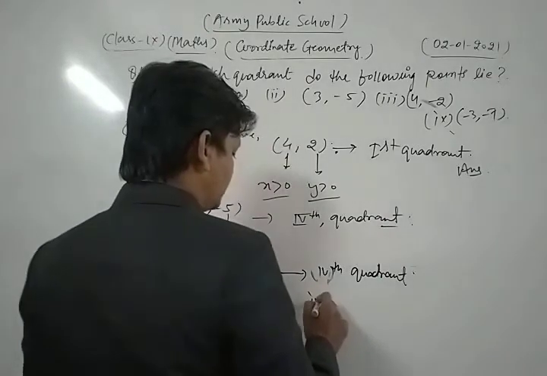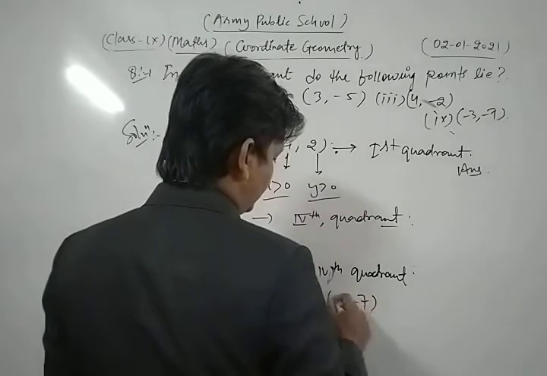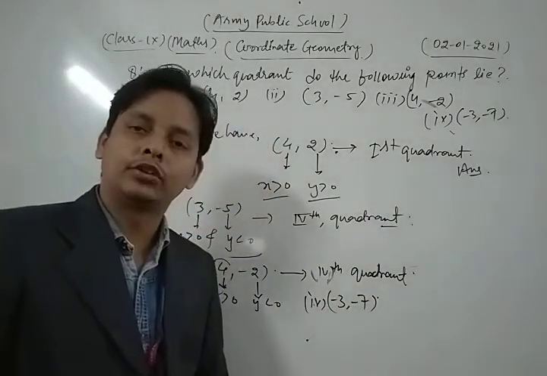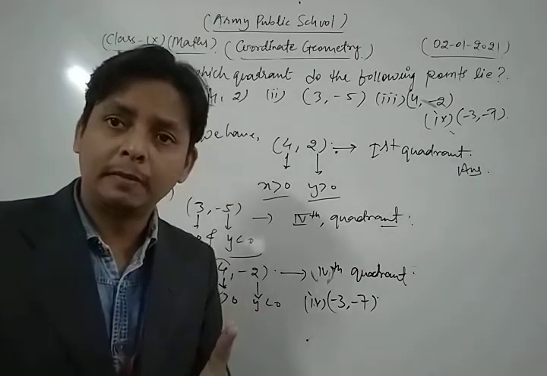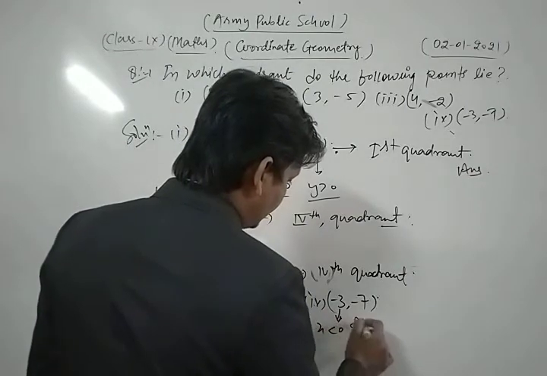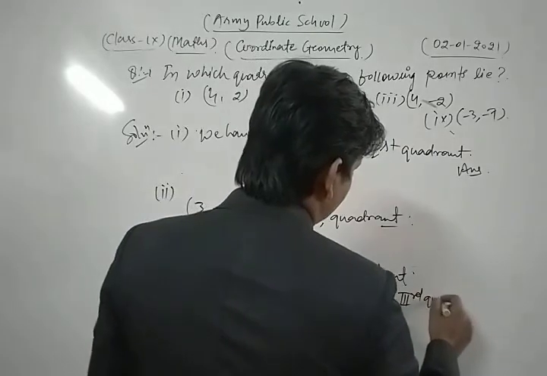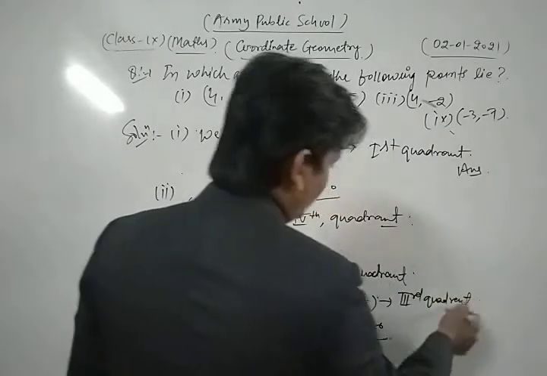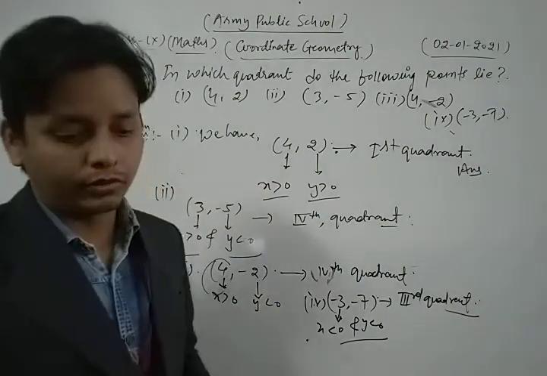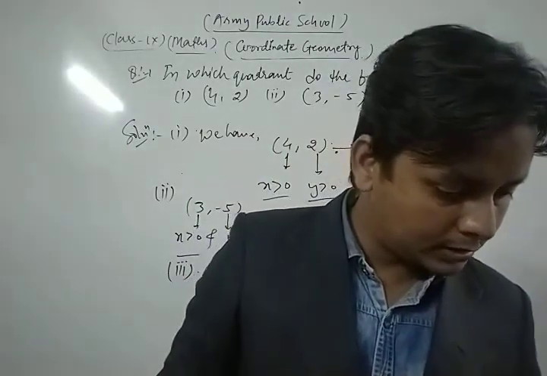Similarly, we take the last part of this question, which is (-3, -7). Let's see. Here both are negative, means abscissa and ordinate both are negative. In which quadrant? In the third quadrant. Means here x is less than 0 as well as y is also less than 0. So this lies in the third quadrant. Thus, dear students, in this way you can solve all the questions of your NCERT exercise based on this